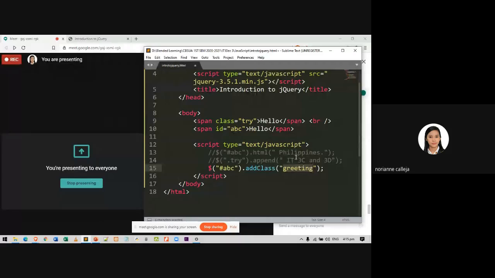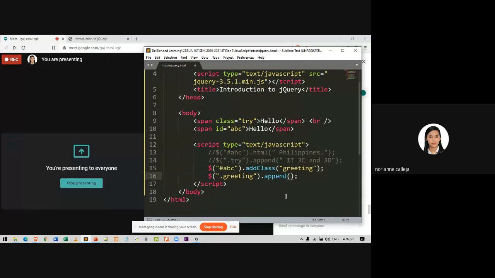So now, I will be accessing this element using the class I created. I will be selecting, using a class selector which is named greeting. Then, I will have some append action to add something to the content of this element.